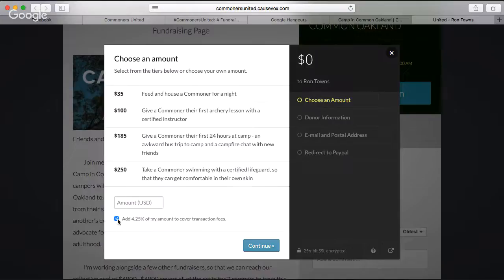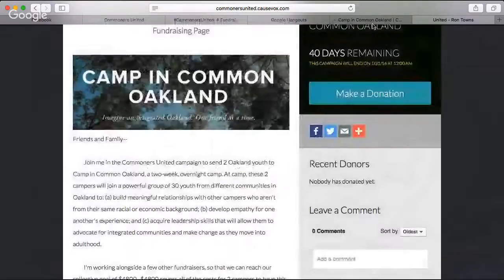So basically, if a person checks this box, it would add 4.25% of whatever their donation amount was to their donation to cover those fees. If they leave it unchecked, that means that they're just going to pay the donation, and that 4.25% would be taken out of that donation. And then they would just follow the steps, and then they would be good to go. All right. So it's pretty self-explanatory.